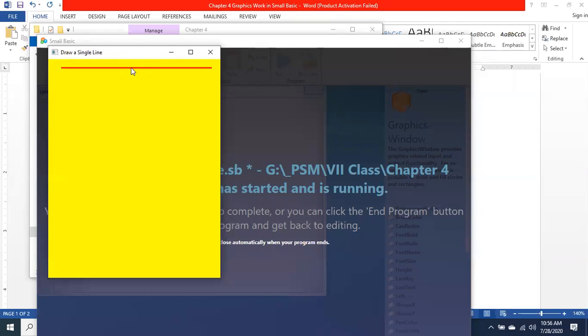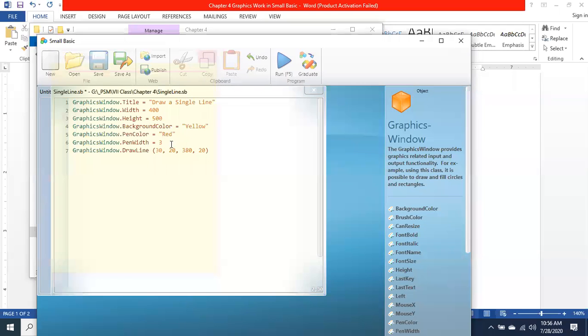Why is the line so touched at the top? Because we have taken the y-axis as 20. So that's why it is touching the top. If we increase the y-axis up to 40 pixels, or let's suppose 60 pixels, 100 pixels, it will come down. Okay. For example, if I change the y-axis here to 50 pixels and here to 50 pixels.